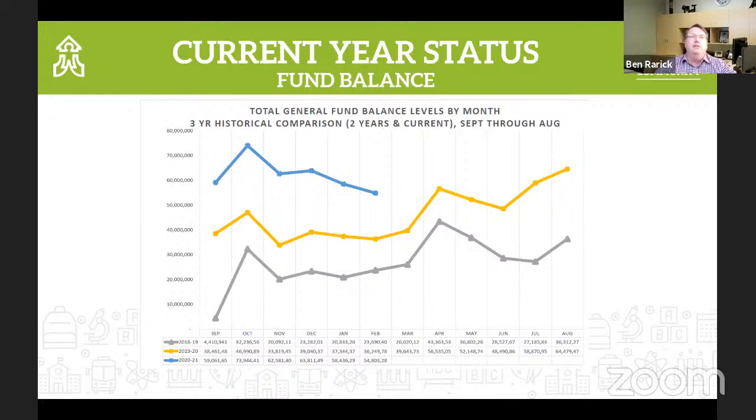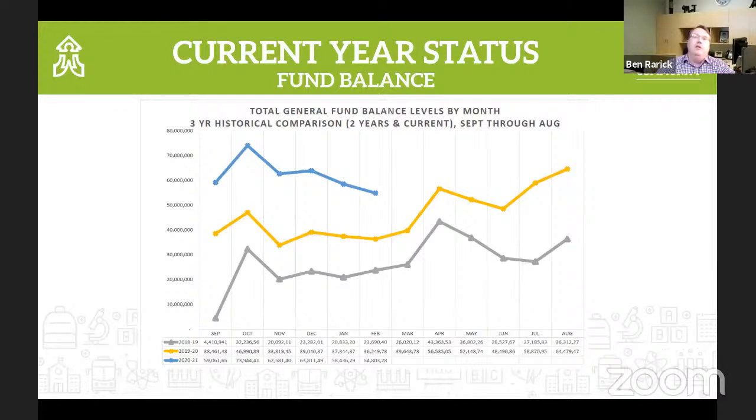Then we're going to move into the next phase here. I'm going to give you some slides on budget status. Remember, I've been talking to you about how the blue line is really high in the fall. Why? The state funds us based on what we budgeted, not the students that we actually receive. And then starting in January, they start to true up for that. There's a correction.